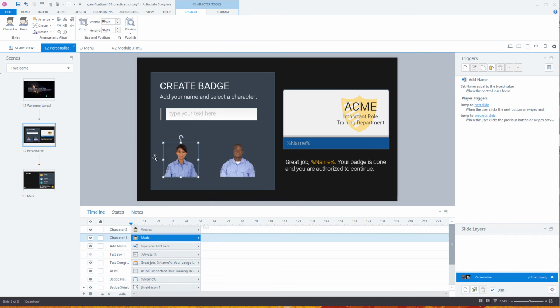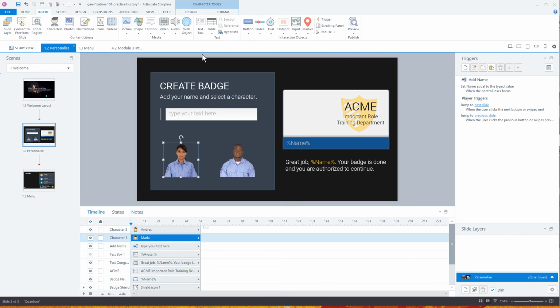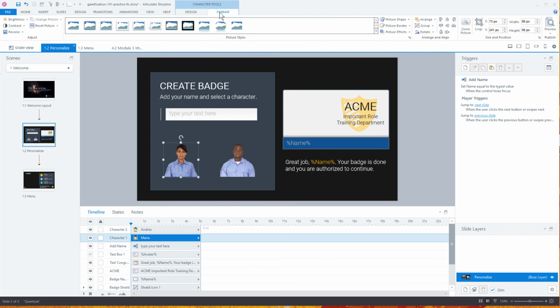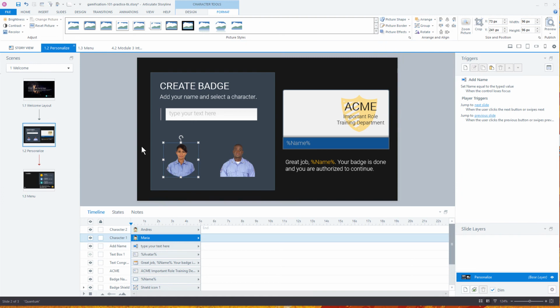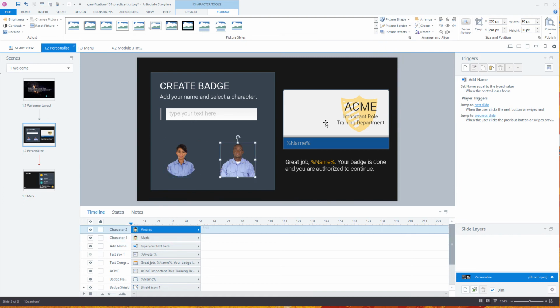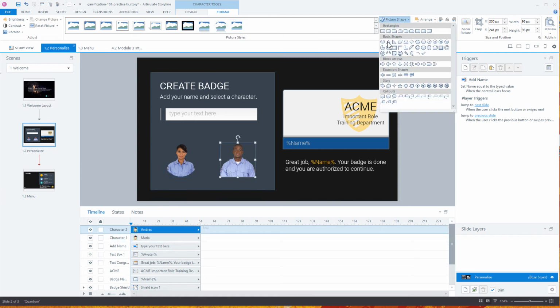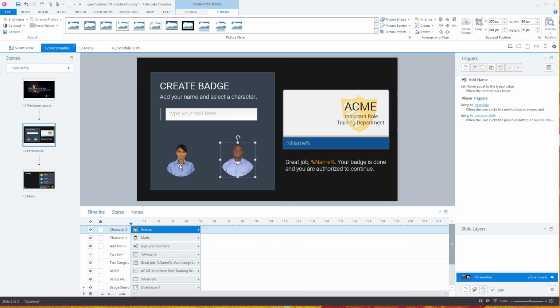Now, I'm going to show you how to make them round. Because I made them square, when I add this round effect to them, they're going to be perfect circles. So I'm going to select that, go to Format, choose Picture Shape, and choose an oval, and I get a perfect circle. And I'm going to do the same thing here, Picture Shape, Oval,